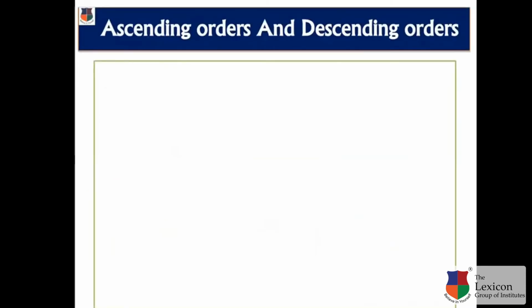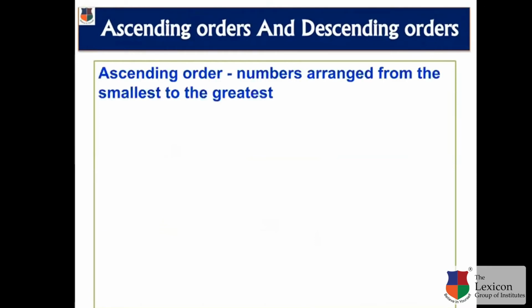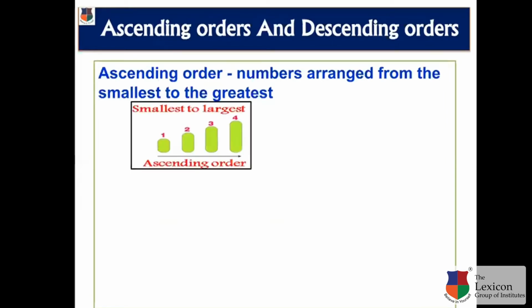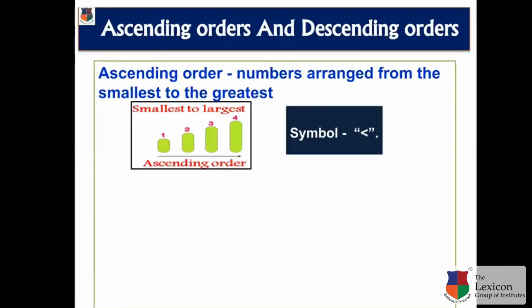Now, what is ascending order and descending order? Ascending order means you have to arrange the numbers from smallest to greatest. It is just like climbing stairs: you are standing on the first stair, then you climb up till 10. So ascending order means smaller to bigger. Look at this chart. Here you can see the ascending order, where I have arranged the digits like 1, which is the smallest, correct? So 1 will come at first place, then 2, then 3, then 4. And this is the symbol which we use to represent the ascending order.